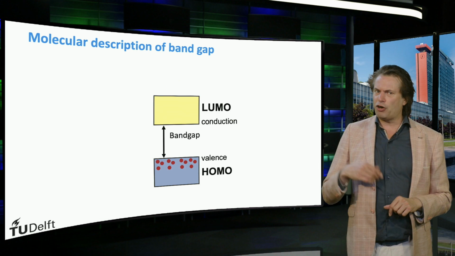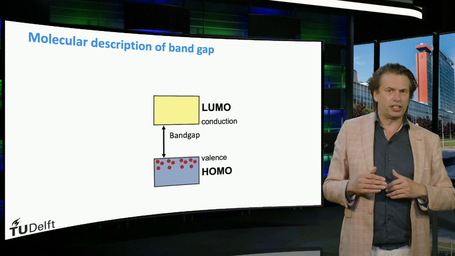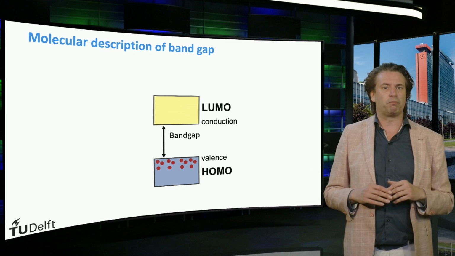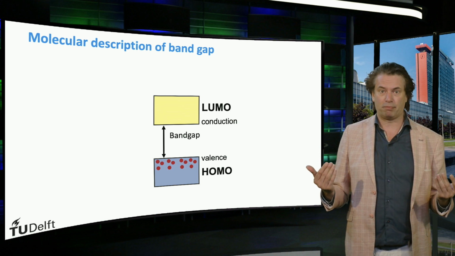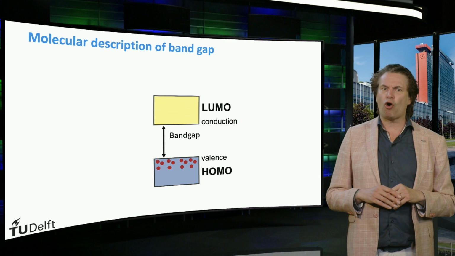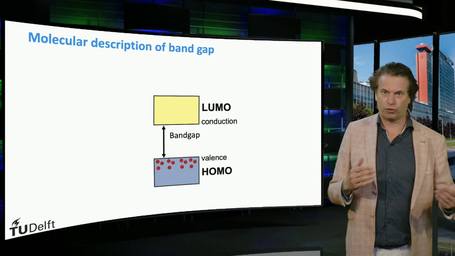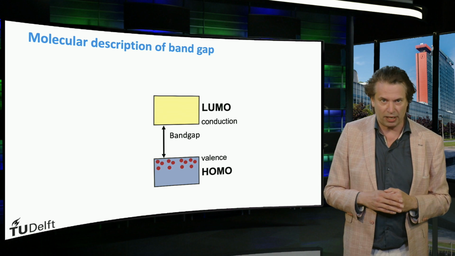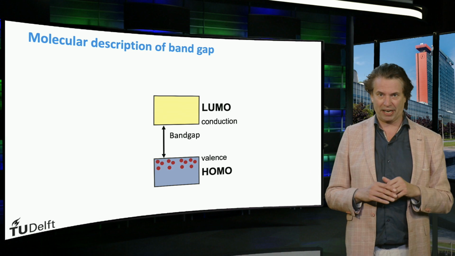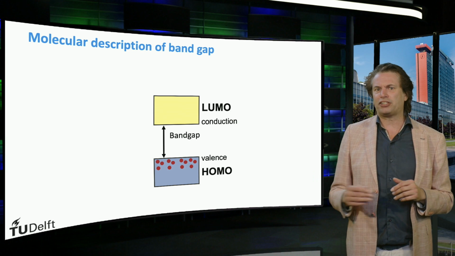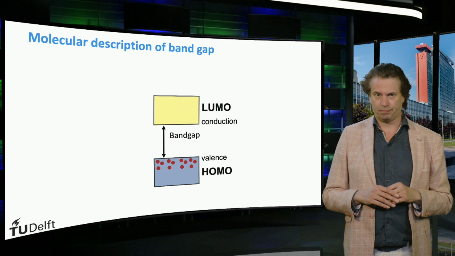For an insulator, the overlap between the neighboring orbitals is very large, resulting in large energy splitting between the bonding and anti-bonding level, or in other words, in a larger band gap. For semiconductors, the overlap between the neighboring orbitals is moderate, resulting in moderate energy splitting between the bonding and anti-bonding level, or in other words, moderate band gaps. Semiconductors have band gaps which are smaller than 3 electron volt.